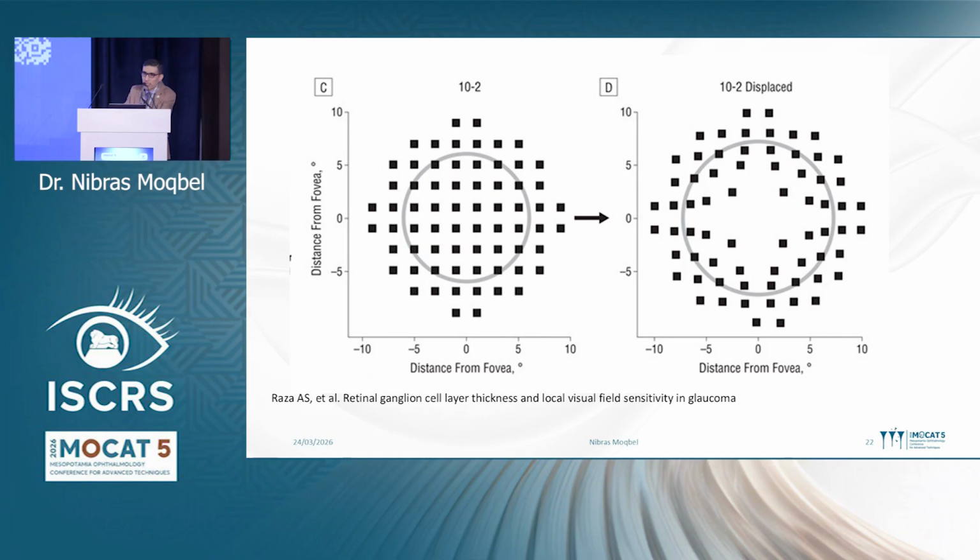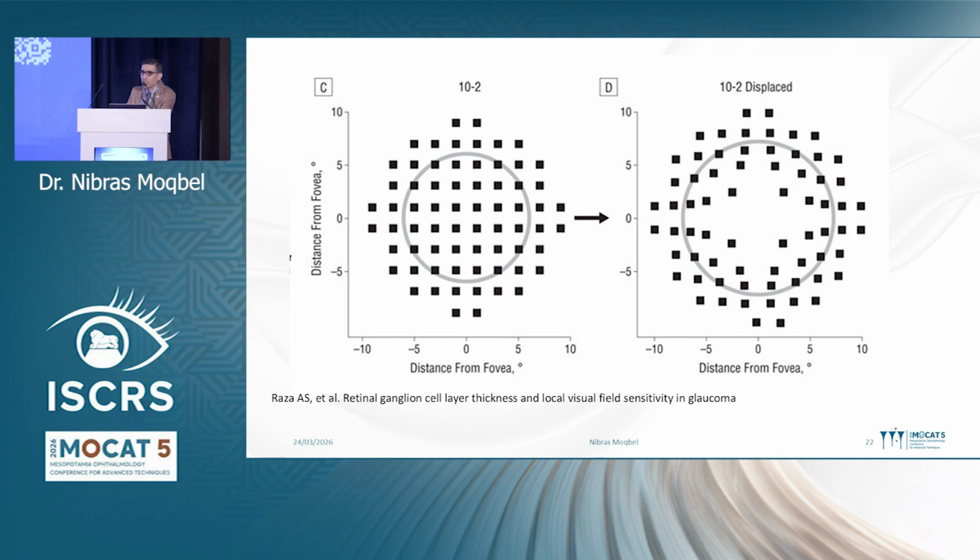This is the probability map for the nerve fiber layer, while this is the probability map for the ganglion cell layer. One thing about the Hood report, it presents the probability maps in a flipped image, similar to the visual field. There are dots for the visual fields. The larger dots would be compatible with the 24-2 visual field, while the smaller dots are related to the 10-2